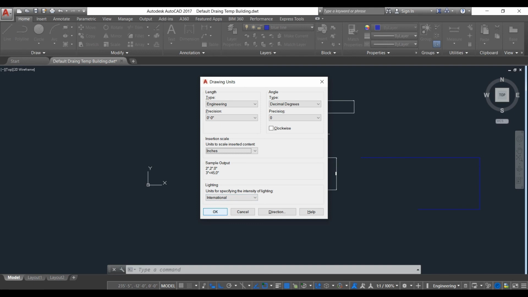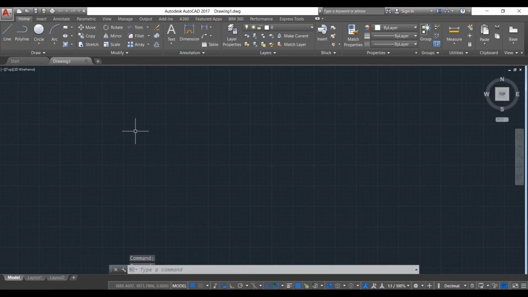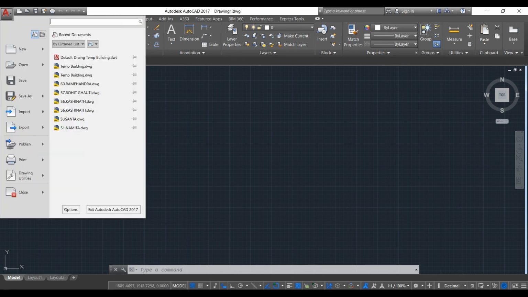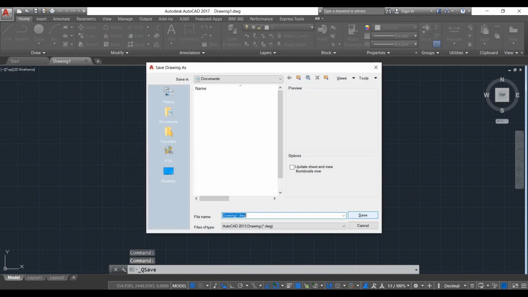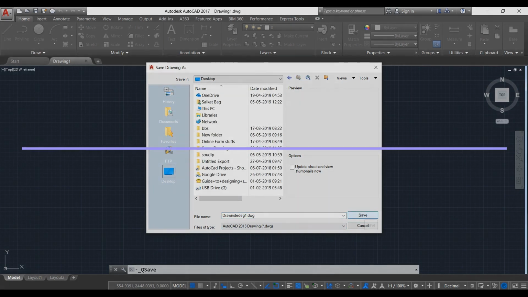Okay, to start our drawing, after opening AutoCAD 2017, we need to click here, start drawing, and your page opens. Here first you need to change your units as per your drawing, and then choose your dimension style, etc., and you are ready to start your drawing. After drawing something, you need to save it. From here, click on save and choose a name. By default it gives Drawing1. You give some name, choose your location and save it. This is how it works.